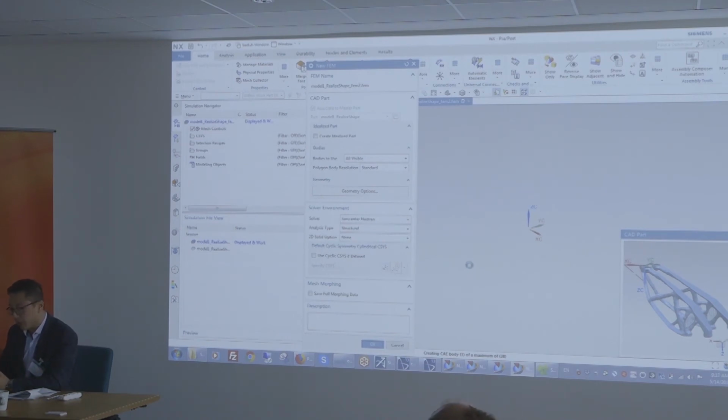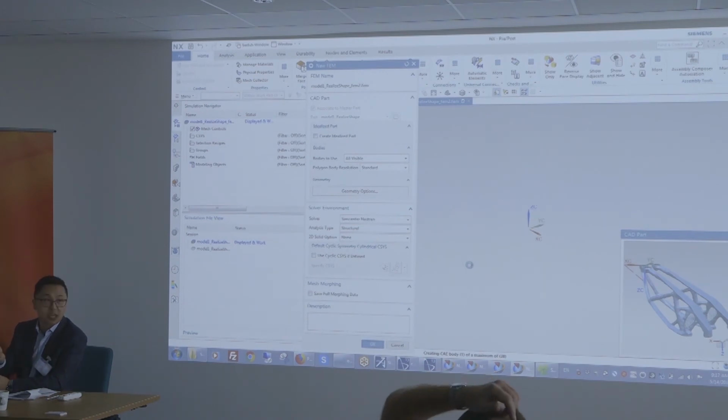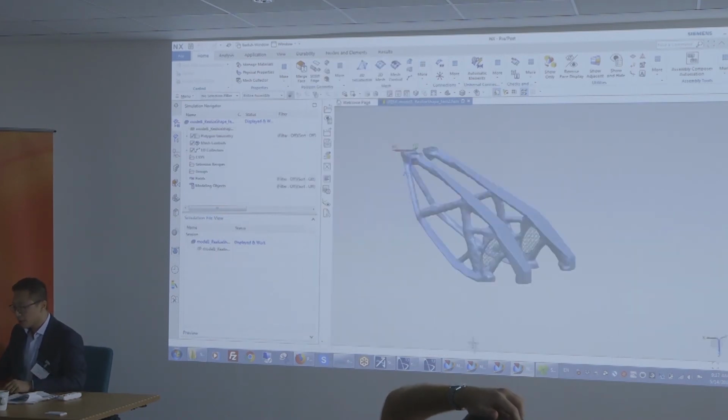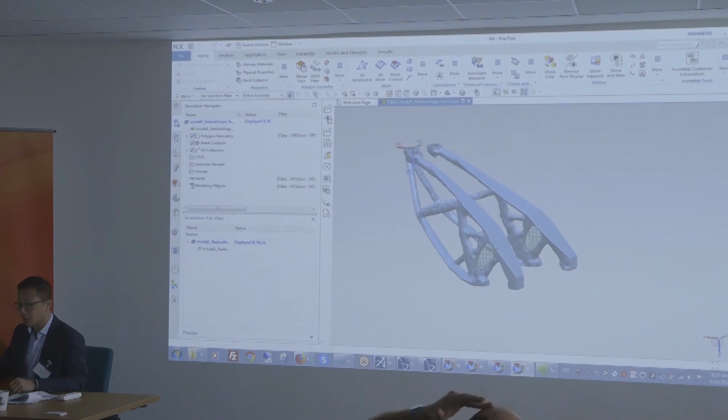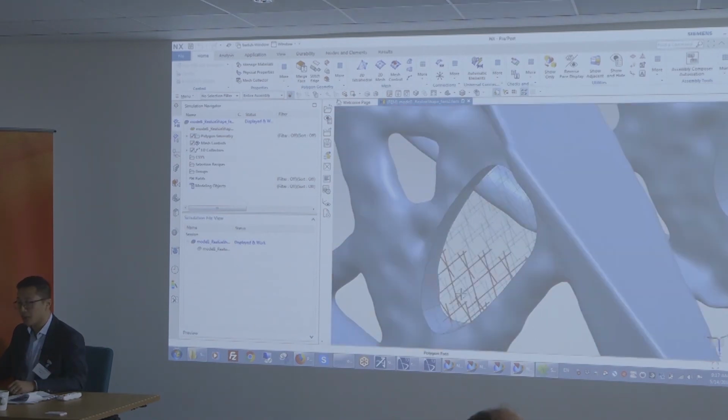And then what you end up with is a geometry that's meshable, but also that converted those lattices into the appropriate element. So lattices, they're very thin. You don't want to model them using 3D elements, right? The value add of simulating those is limited. So what the solver does for you, or what NX does for you, is convert those into beam elements up